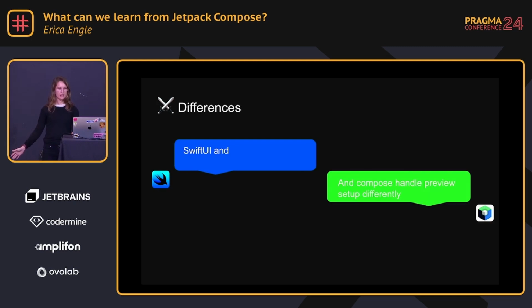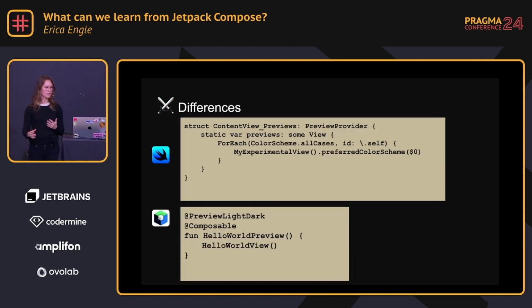Continuing our differences, they handle their preview setup differently. Setting up previews, again, the previews are really powerful, and how you can interact and do iterative changes makes a really big change in how you build things. So looking at this example that I have here, I want to lean into the light-dark annotation that Compose has. When you use this light-dark annotation, it's pretty simple. You just add the view that you want to build with, any inputs, anything you want to change, and now you have all these different examples in your IDE ready to go.